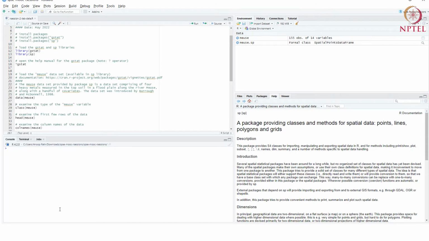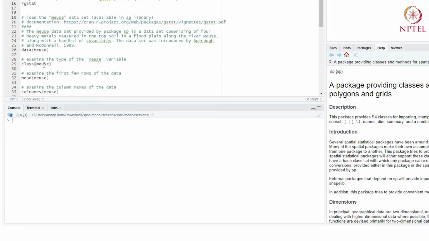And now we want to see what's inside. Let's start opening this up. This command, class meuse, tells you the type of the meuse variable. Meuse here is the name of a variable that we've created inside the R environment, and every variable has a type.